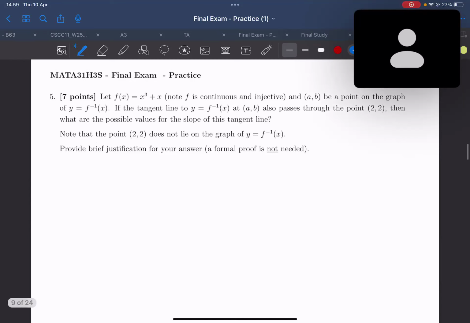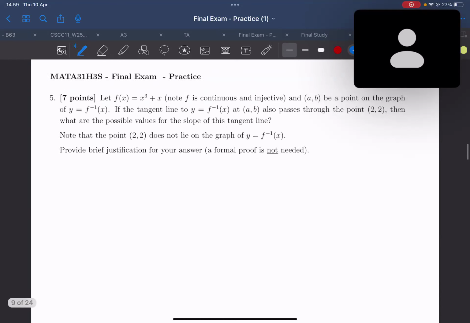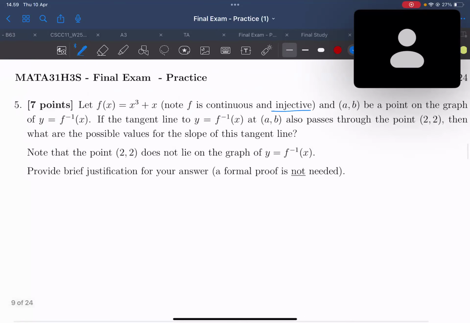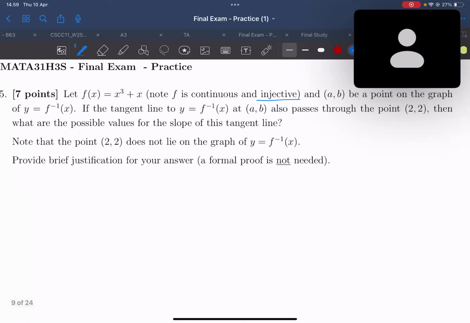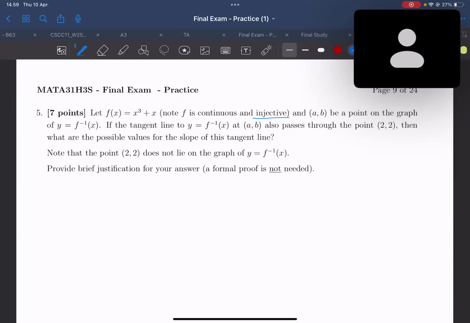So the first thing that you should think is to try to find the inverse. Because we're trying to find the tangent of the inverse, we're going to try to find the inverse function. And we know that the inverse exists because it's injective, so that means that there will be an inverse. And it's continuous. So we just want to try to find